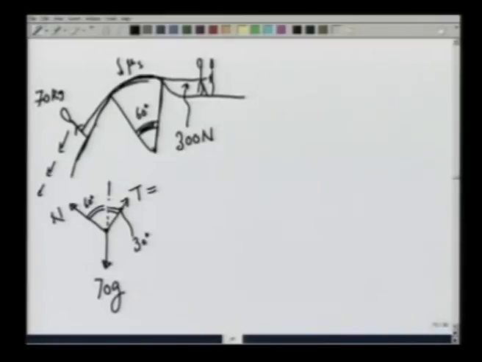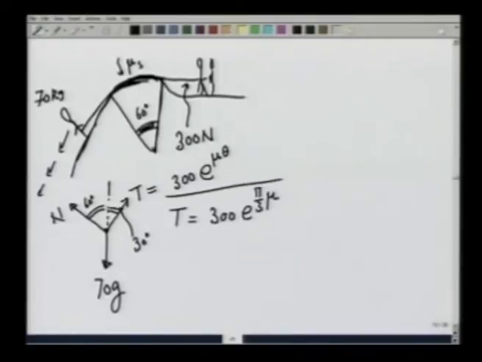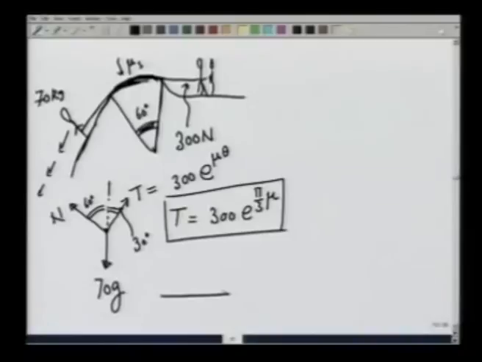This T is going to be equal to 300 times e raised to mu theta, where theta is pi by 3. So the tension T on the rope on the left side of this mountain top is 300 e raised to pi by 3 mu. And now under this tension and the normal reaction and his own weight, the mountaineer is in equilibrium. If I take this to be the x axis and this to be the y axis,